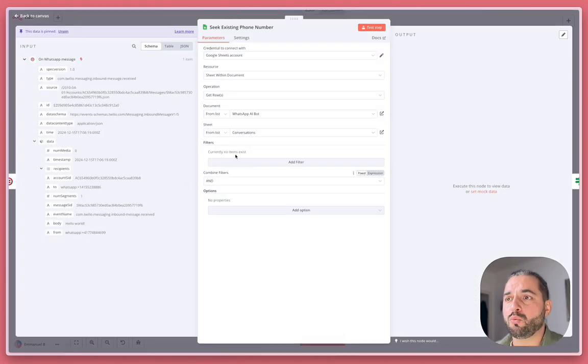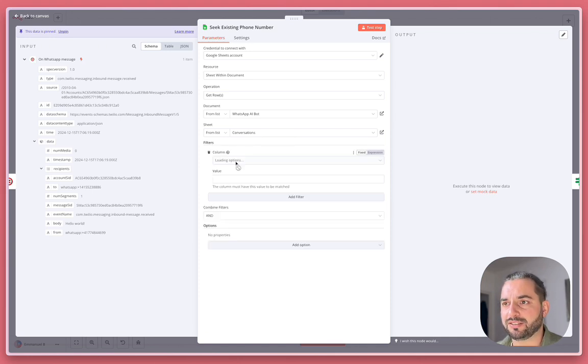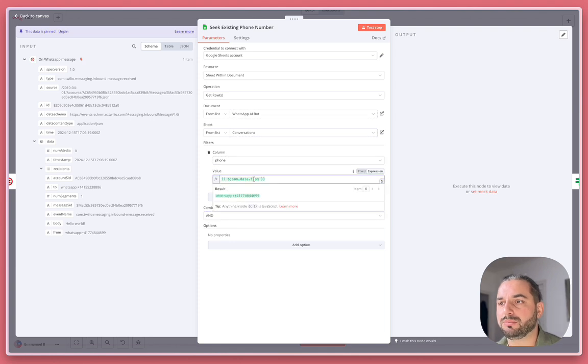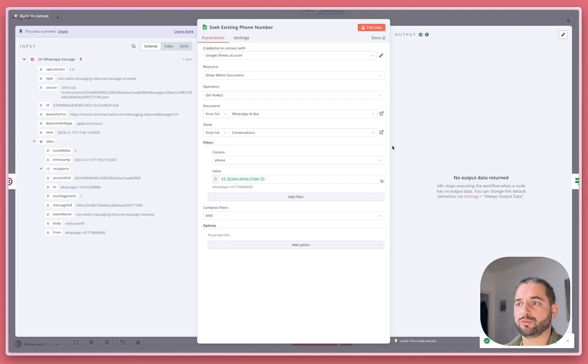So here we want to seek in the conversation if the phone number already exists. So we will need to add some filter. So we add filter. We can select phone and we can simply drag and drop the from number here. So my number, the user number here, and we will check if it exists. No output data returned. That's exactly what we wanted because this is a new phone number and we don't know